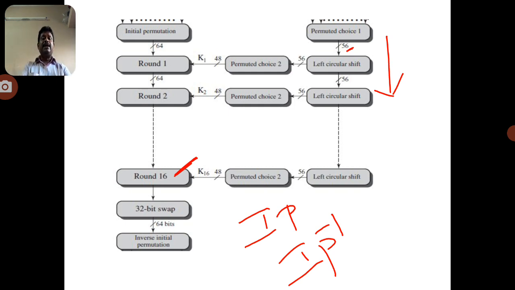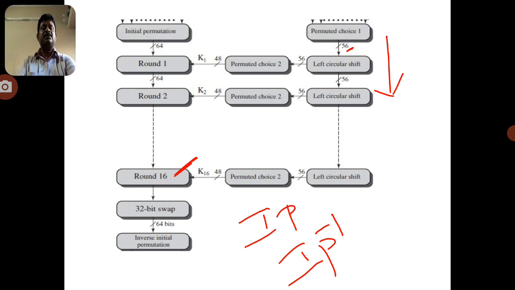So why can we eliminate the 8 bits? In cryptography, one of the techniques used here is the parity check. A parity check is nothing but eliminating a few bits from the given plain text for error correction and error detection. So whenever the user verifies the plain text message, it is done with the help of the parity check bits which are eliminated from the plain text message. So that's why the 8 bits are eliminated. The remaining 56 bits are taken, and that is applied to the initial permutation.